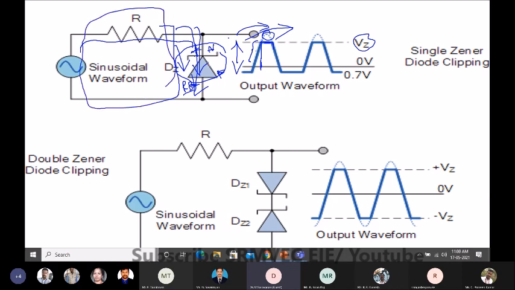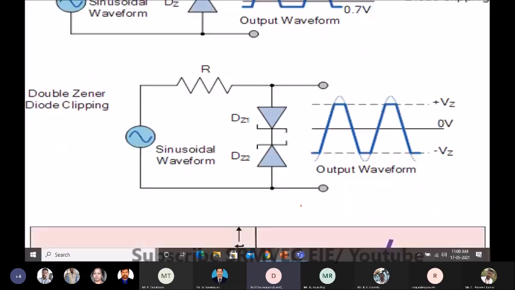If the voltage is below the breakdown, then the current goes through your load resistor. After the breakdown, it flows through the diode, so that is how it is cut off. You can connect it for both positive and negative halves. So this is how it can be used as a voltage regulator.